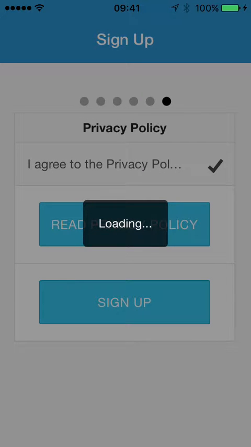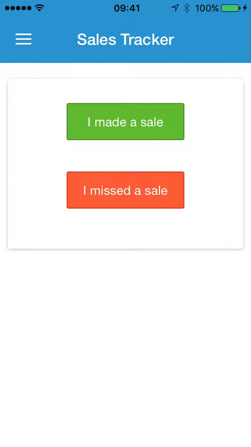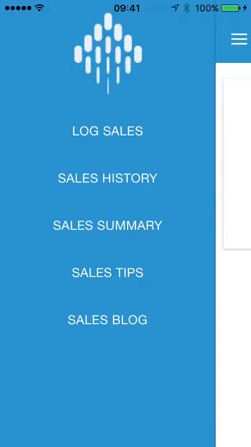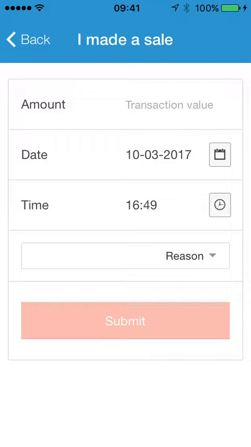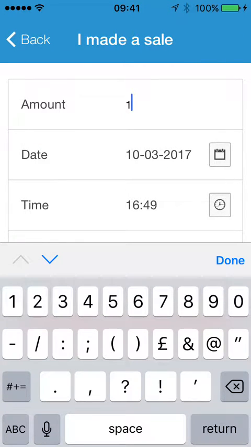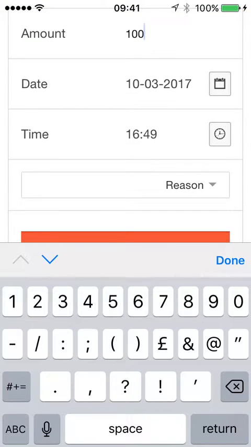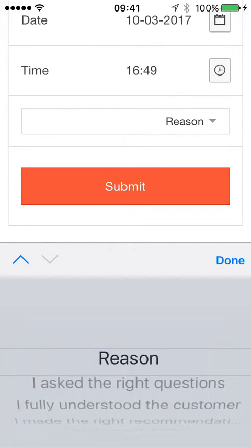So we're signing into the app, and now we'll see how we very, very easily utilize this app. So the first element is the sales log. If we look here, there are lots of different sections to this app. So I want to log a sale. So I've made a £100 sale, and if I look at this drop down here, the reason: